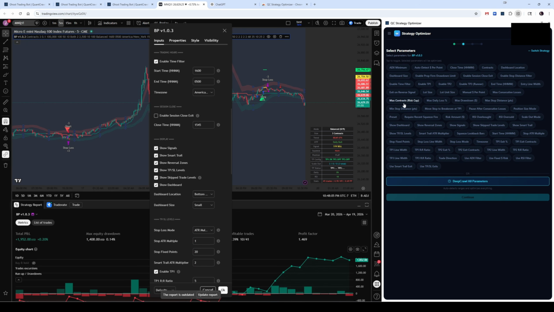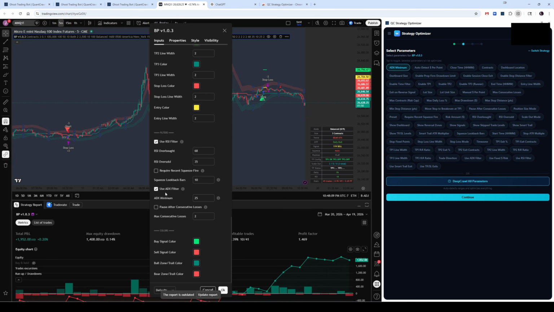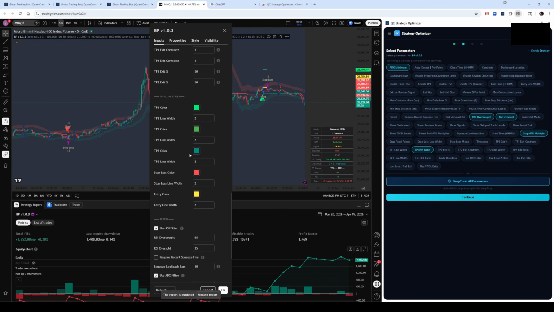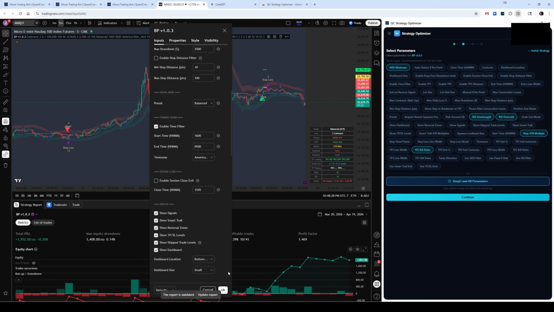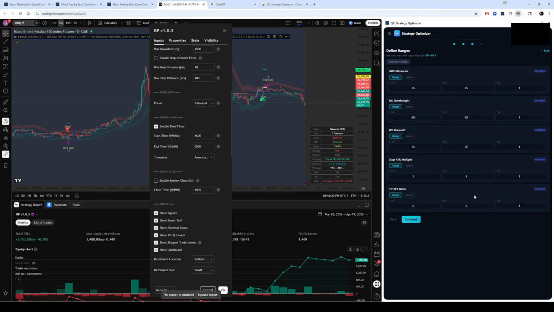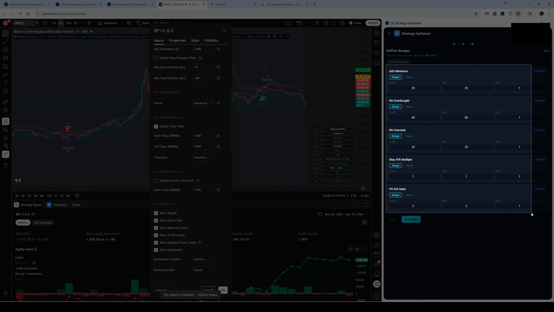So find these options in here. ADX minimum, because you can see here, ADX minimum is what we want to optimize for. TP1 risk reward ratio, RSI overbought and oversold, and then stop ATR multiple. And then we are gonna hit continue. So I'll take a screenshot, and then we're gonna use